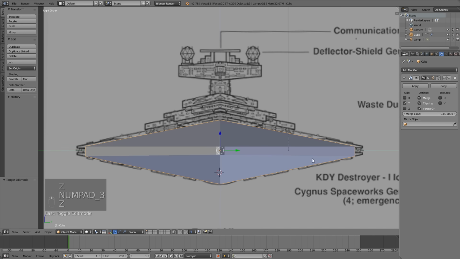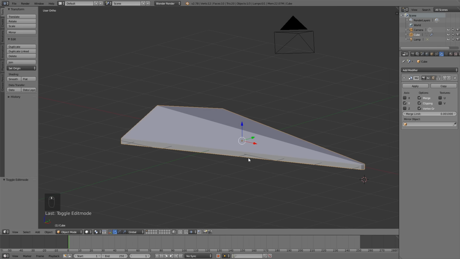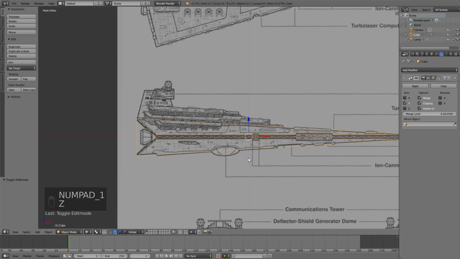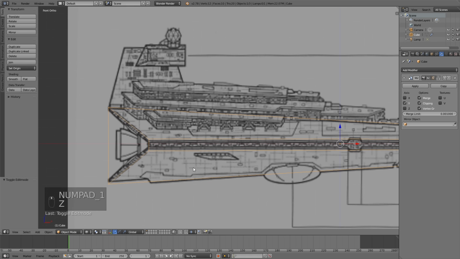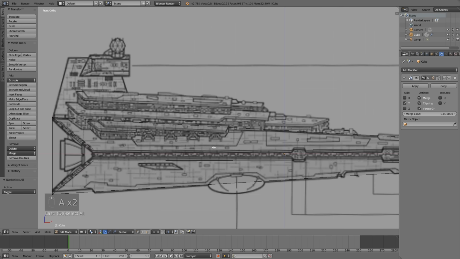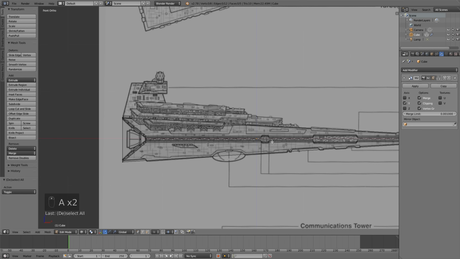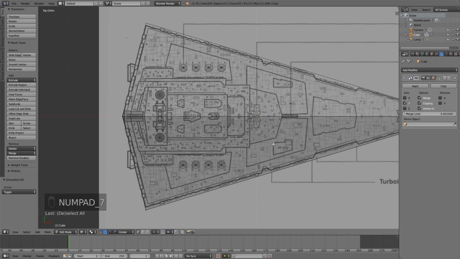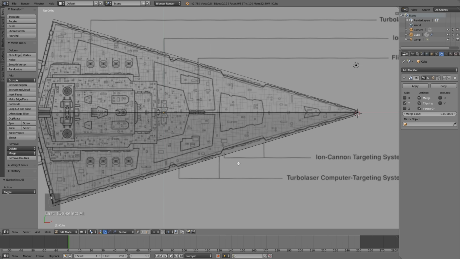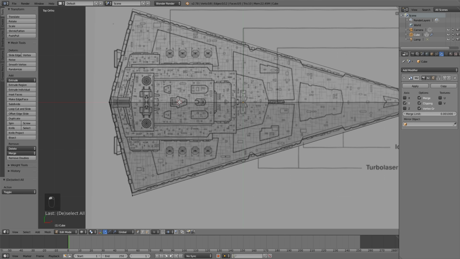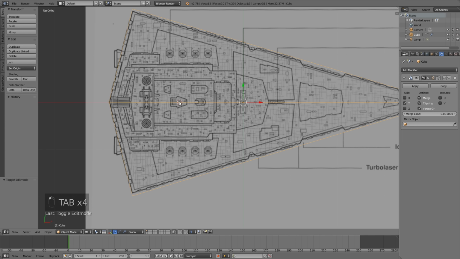We can still work with that just fine. Okay, so now let's start adding in some more shapes. I'm just going to start off by box modeling this pretty basic. In top view, you can see we have all these different shapes. To start, let's add in some more cubes to add in some more of the basic